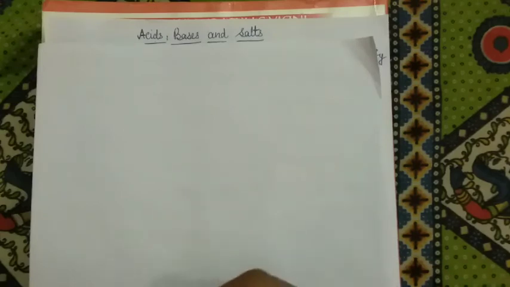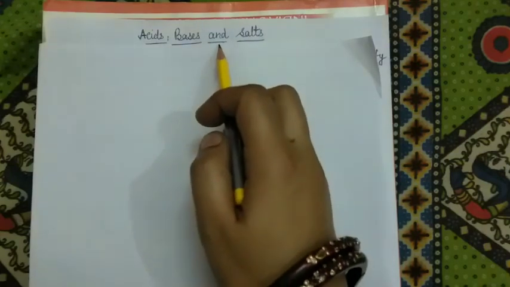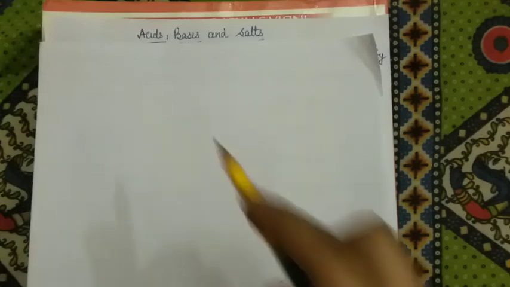So today we are going to start our next chapter, chapter number 5, acids, bases and salts. See students, nature has provided us with many elements which combine together in various proportions to form what? Compounds. And we can group these compounds on the basis of their taste, into three groups.